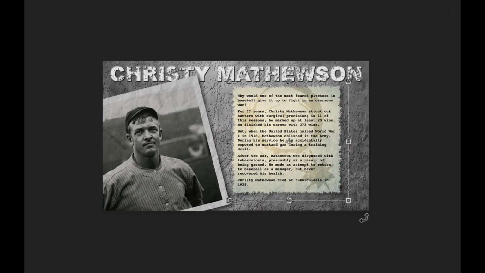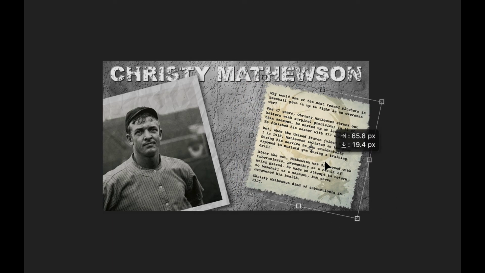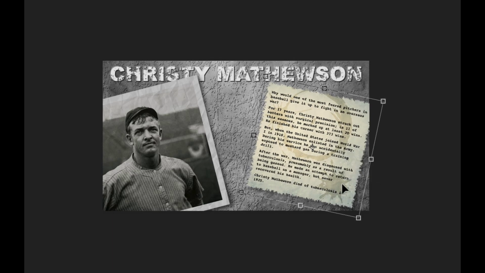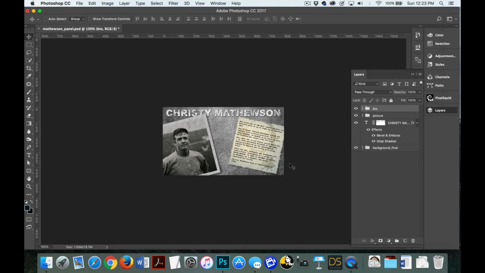Use Command or Control T to put it into transform mode. Position it the way you want it, rotate it, move it, however you like it. You don't want any of the text cut off by the edge of it, but it's fine if some of the edges are outside of the composition. And hit Enter. And the last thing we're going to do is place one of his baseball cards in the